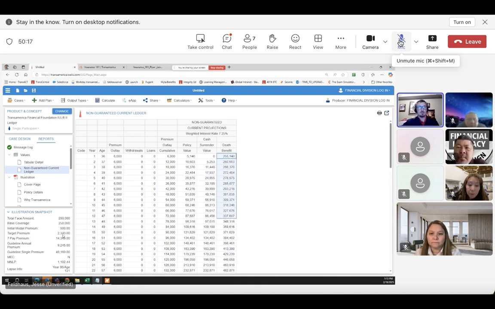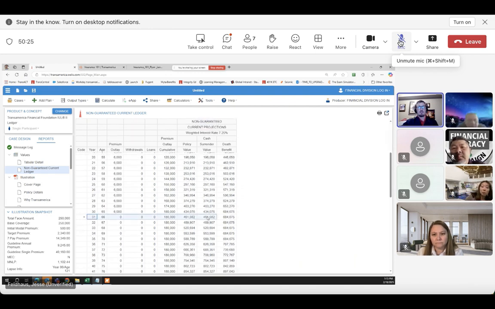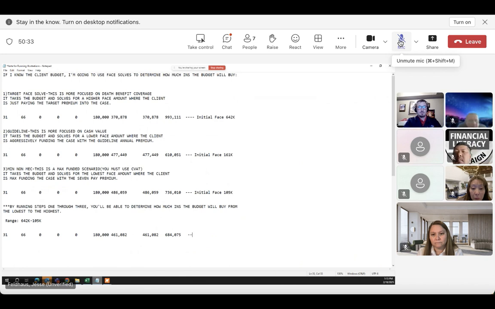The target's at 2,300. We're still paying the 6,000. So we're above target. It's going to grow pretty well. You come down, and now we can compare one more time. So I don't have a sentence for this 250, but we can paste it in here. And your 250 now has the Everest rider, more in the middle, still gets up to 461 in cash, so